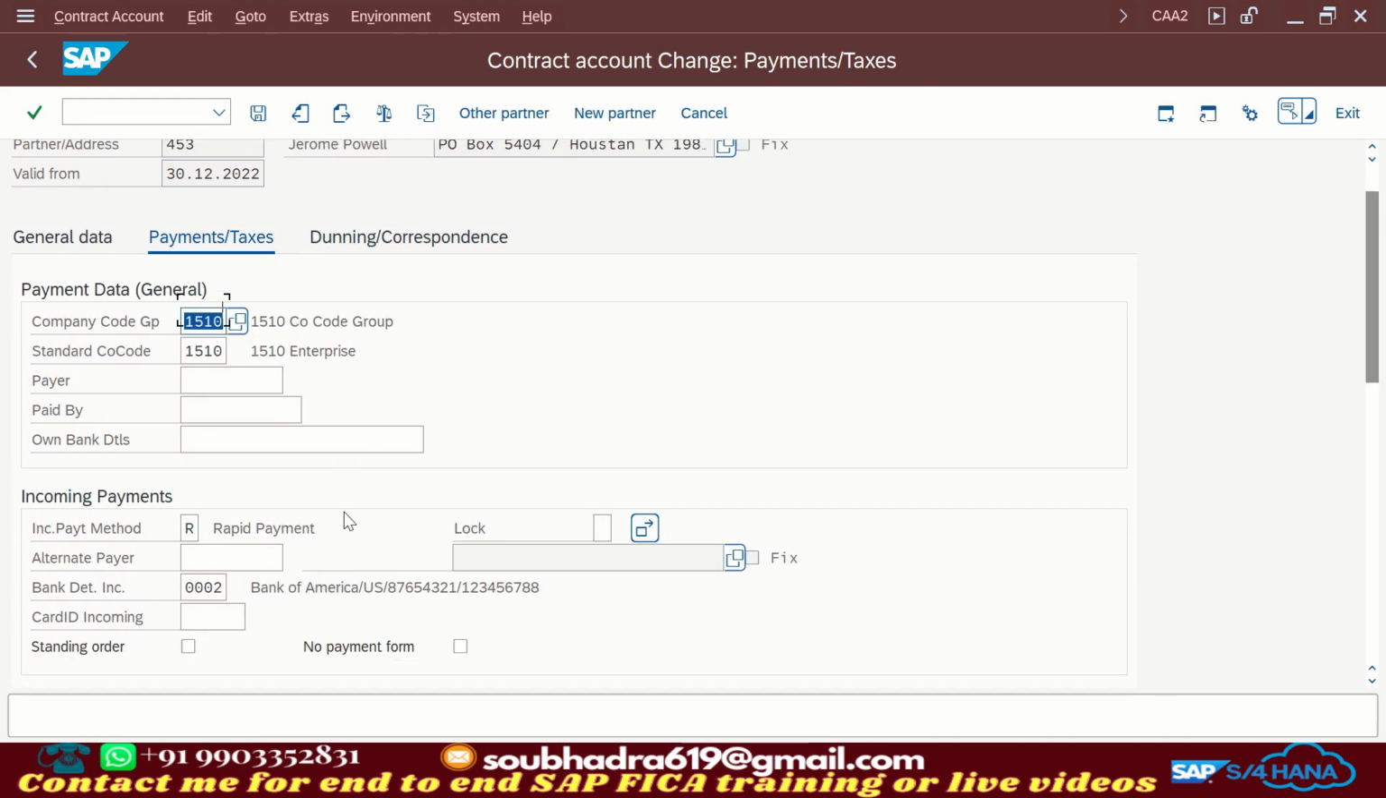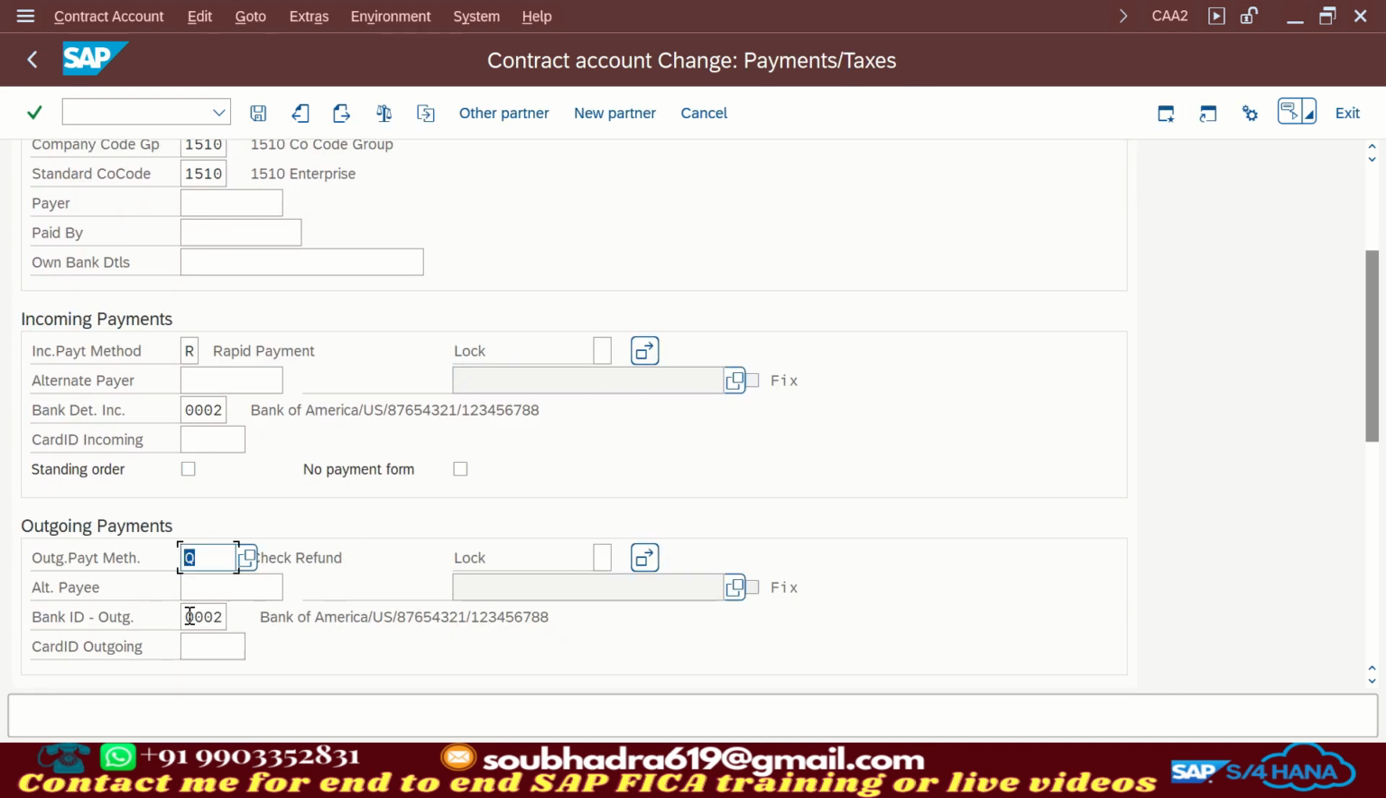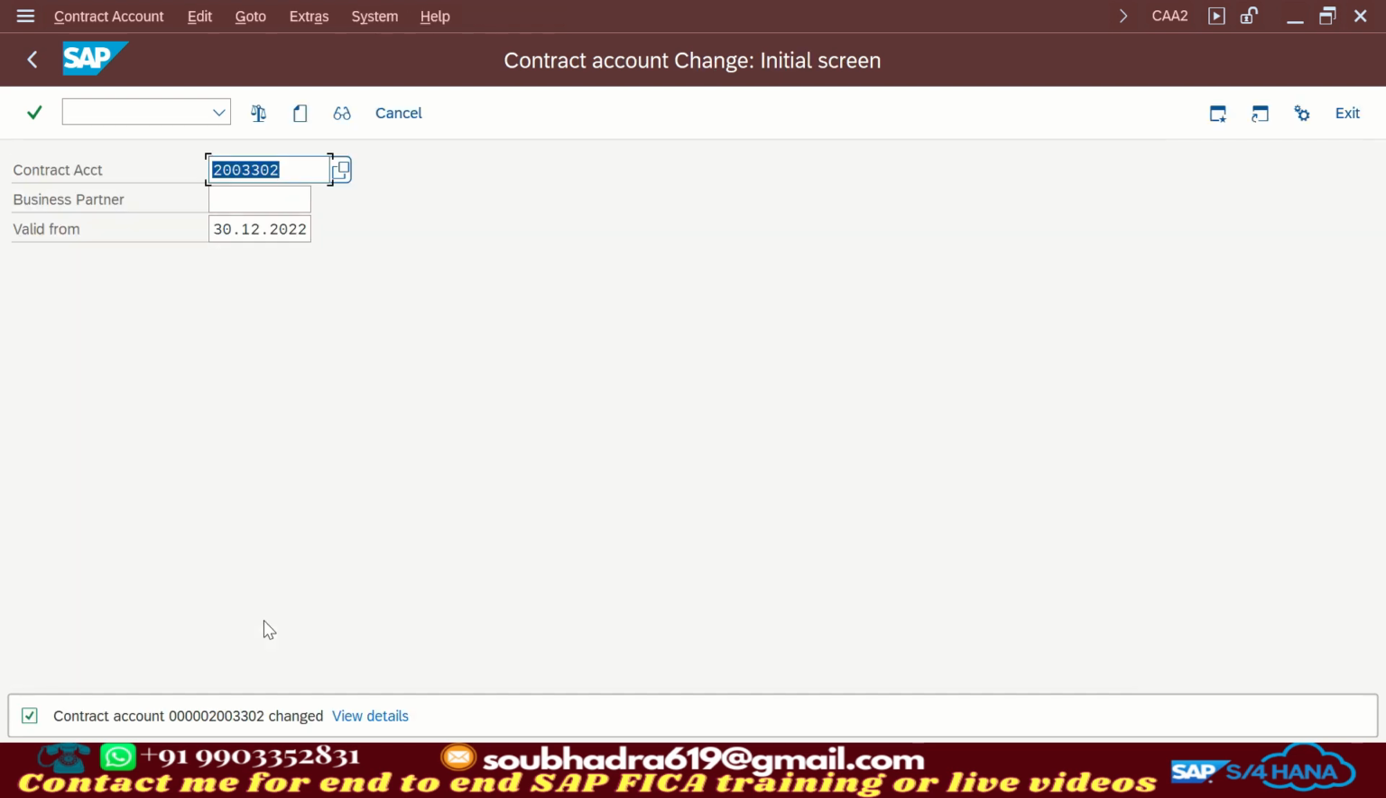Alright, so my contract account is set. That means my outgoing payment method and the bank outgoing ID is set. So I'm going to save it. So the contract account is saved. Now let me post the payment run. So /n FPY1 is the T code,